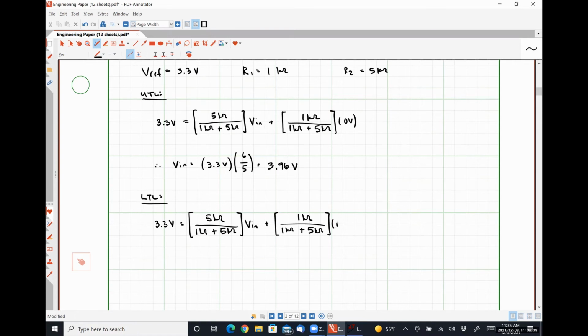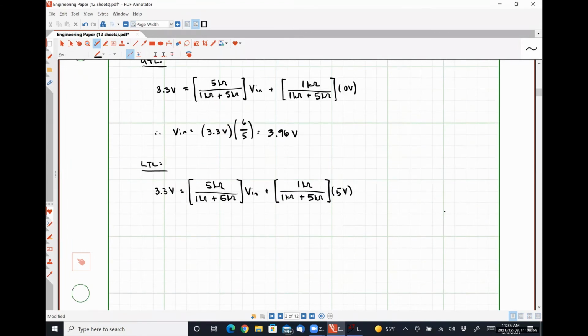And now we put in VCC plus for our output because we want to know what forces the output to change from VCC plus down to VCC minus. And so this is going to look like 3.3 volts minus 1/6 of 5 volts is equal to